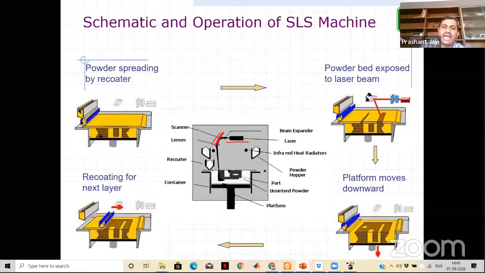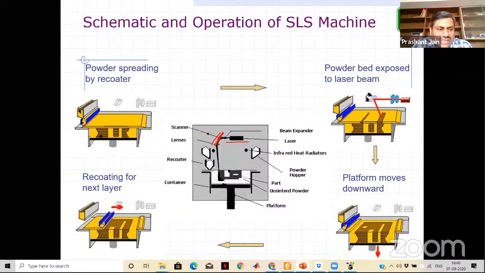Every time one layer is fabricated, this build platform goes down by one layer. Here is the closed chamber. In this closed chamber, infrared heaters are installed. Those infrared heaters keep the complete build chamber and the unsintered powder heated just 4-5 degrees centigrade below its melting temperature.